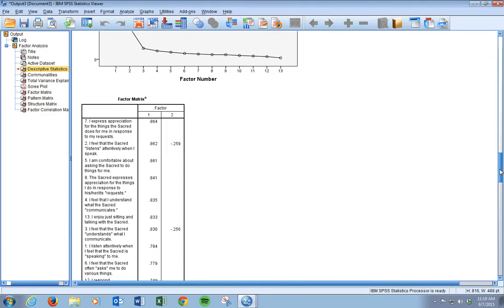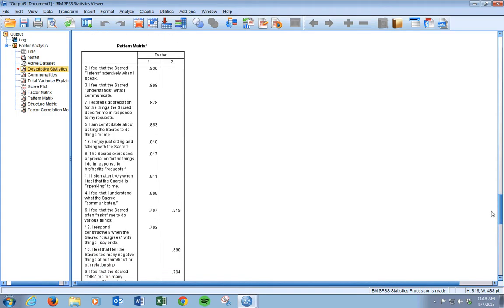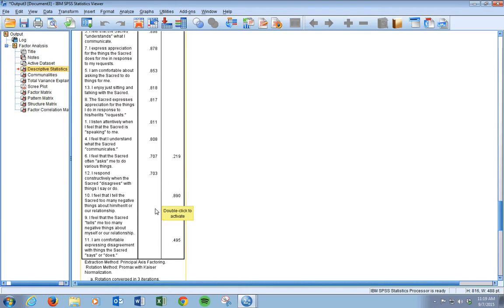And you go down to the pattern matrix where it's been rotated. And what I make of this, these are in order of the strength of the loading. So we've got a strong first factor, and then we have a few items that could potentially make up a second factor. This one doesn't quite meet our criteria, but it's pretty close. So if we wanted to, we could try to end up with a 2-factor scale, and it looks like we'd end up with the negatively valenced items on their own factor. Or